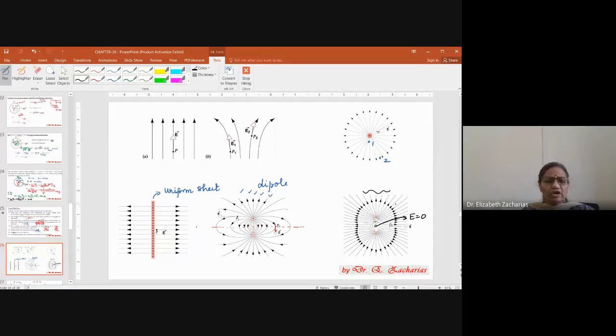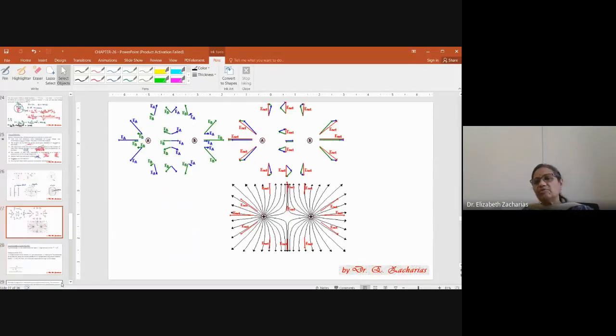Now, ma'am, it's all right. You drew all this and showed us, but how exactly do they draw these things? That will be the next question that some of you will have. They just use the principle of superposition. The principle of superposition is all that is used. I'll take the last example that I've taken. What is the last example I've taken? Two point charges. How will the field lines look for two point charges?